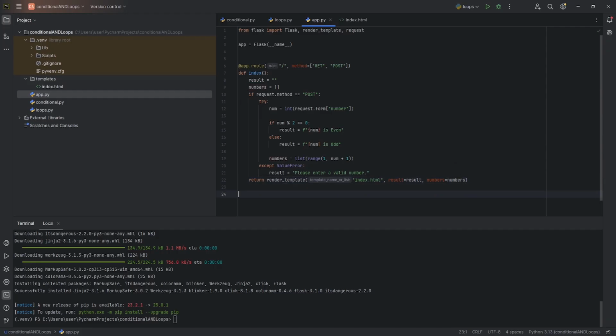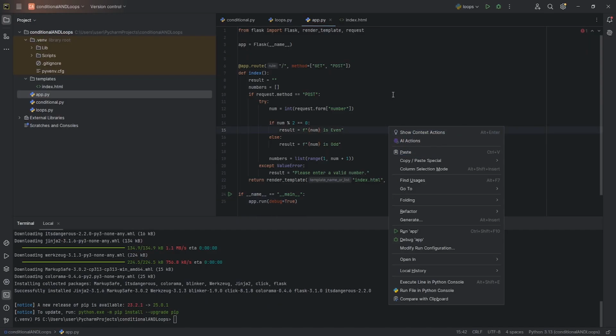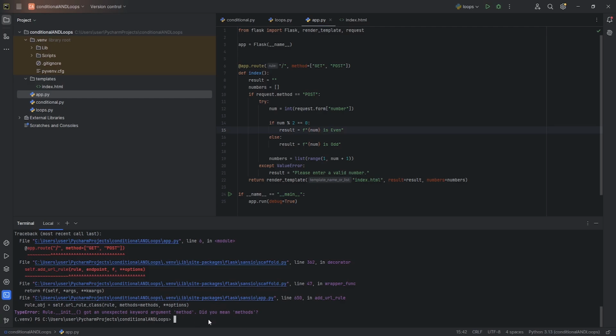Okay, now we're going to make sure we have the whole thing on loop. If underscore name is double equal, double quotation, main over here, put in colon, app.run debug equal true. So that is how it should be. Okay. Now the easiest method is running the application. Over here, type in python app.py. Hit enter, and you can see there is a specific